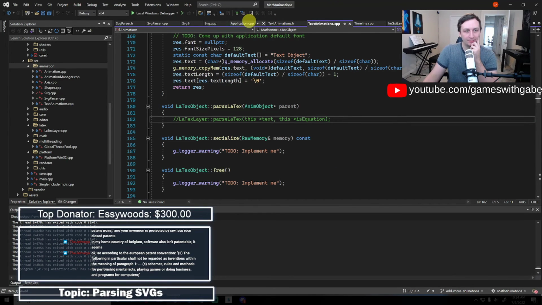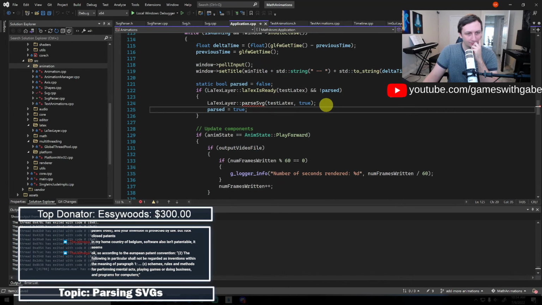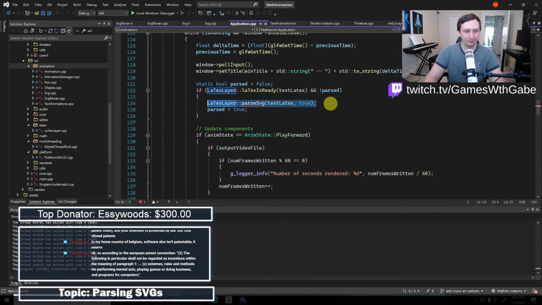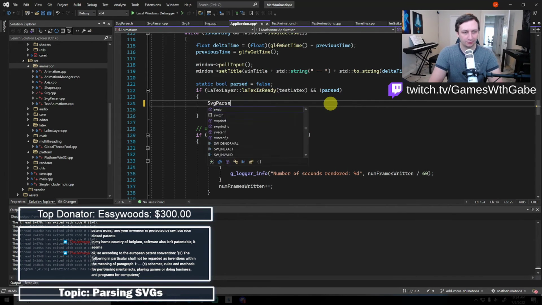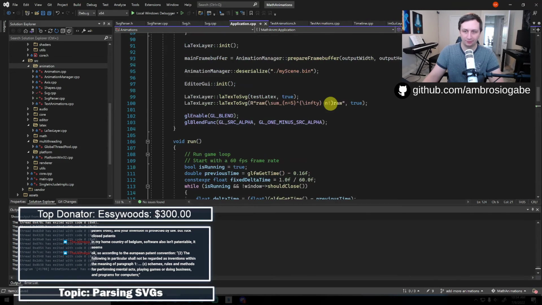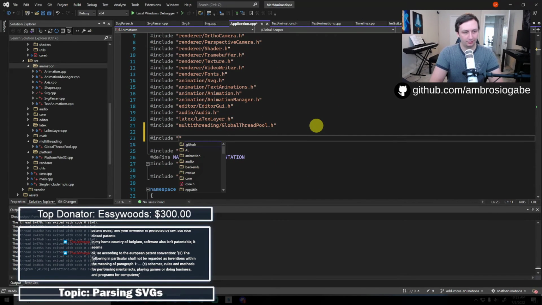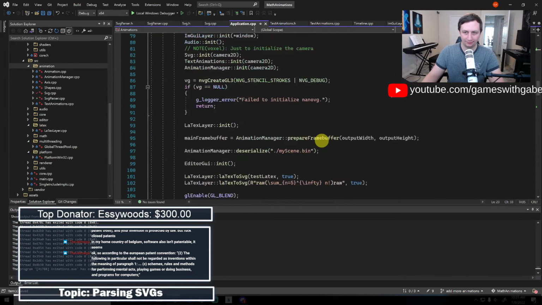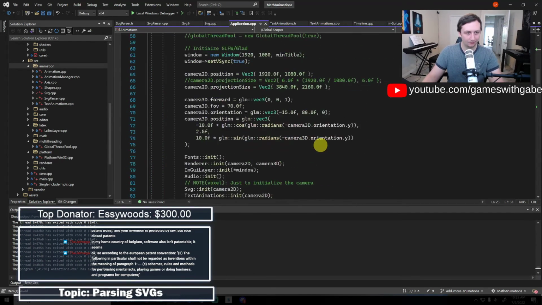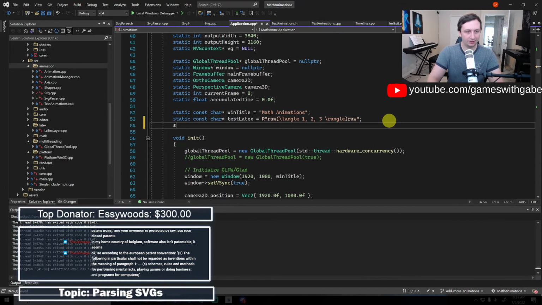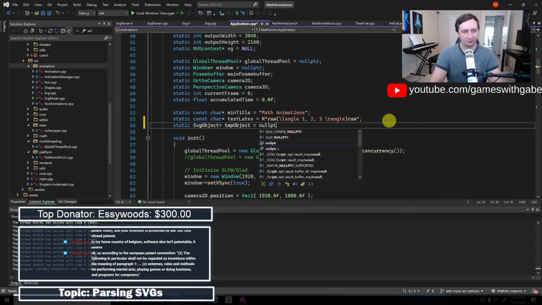So if we go back into application, if the latex is ready, Svg parser, which we want to include up here for a temporary thing, hash include that, and we'll say static Svg object temp object with null pointer.